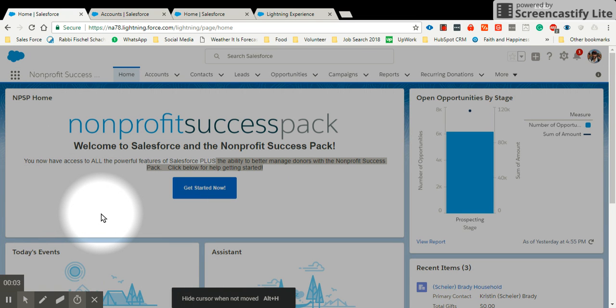Today, we're going to learn how to open a case in Salesforce using the Service Cloud. Just a little background, it's extremely important to use this tool when working with an organization. Otherwise, there could be